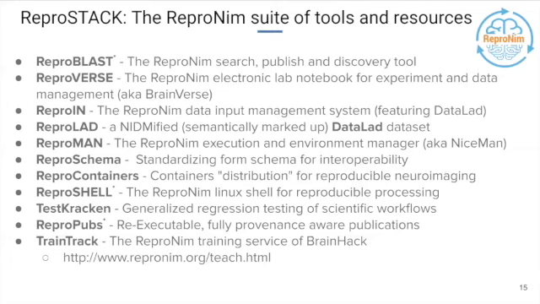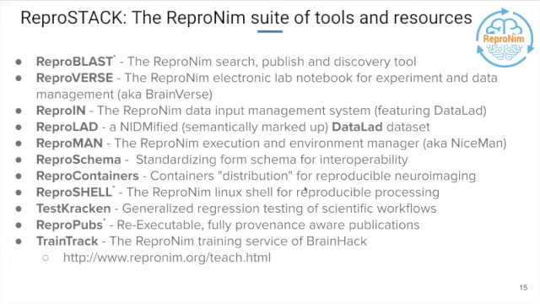The slightly amusing, at least to me, aside is we've been advised to work on our branding, and so of course you see Repro in front of almost everything. The one I could not get myself to put Repro in front of is this concept called TestKraken. And it's a tool that does generalized regression testing of scientific workflows. So like we would regression test software, we should be able to take that same concept and regression test our workflows, regression test our results against parameter settings and operating system settings and various things. But the TestKraken logo was just too good that I couldn't undo that. So unfortunately, it doesn't have the Repro in front of it.